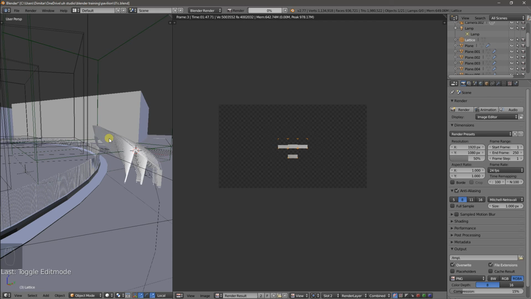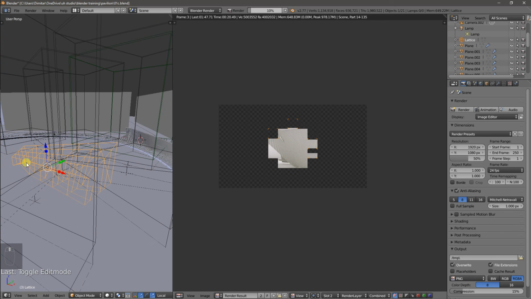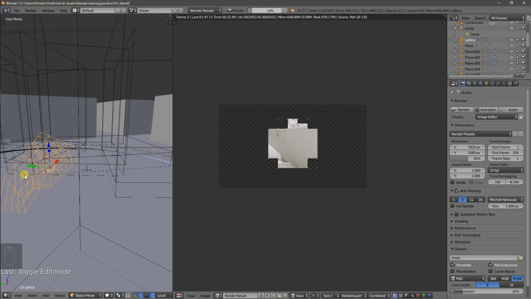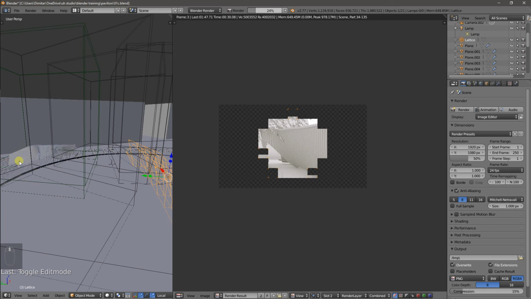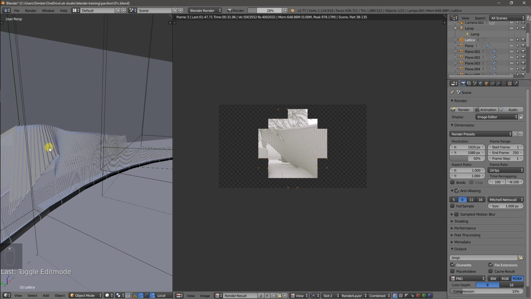So it's quite important to keep good track of our work, which is what we can do with these render slots. And we can continue to do that further by duplicating, for example, this lattice and modifying it further. Now, because this is a non-destructive modifier, if we go to all of our objects here, which are four, we have the skin, and we have the skin supports, the benches and the bench supports, and they're all using